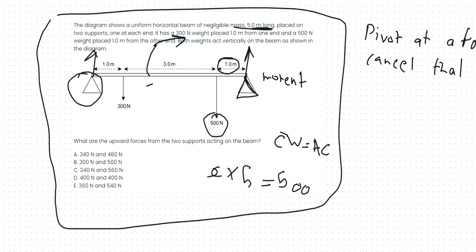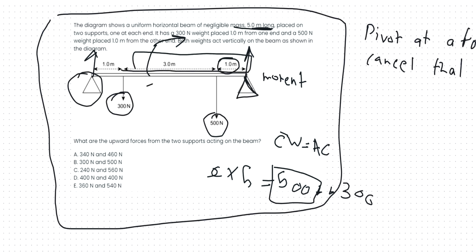Plus, this is one moment. The other anti-clockwise moment is due to this force right here. So plus 300 times the distance from this force, which is 4 meters. So 300 times 4 meters. And I get my x as, wait,